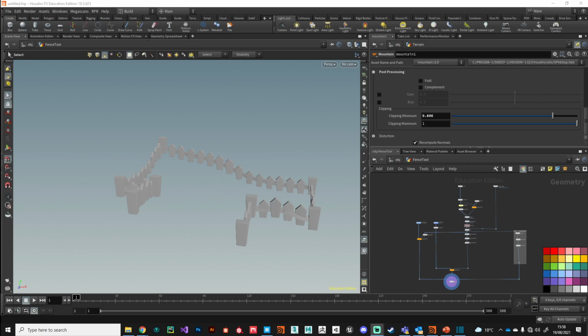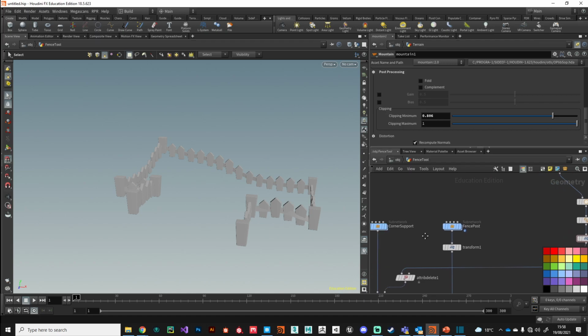Alright guys, welcome back. In this video we're going to take another look at attributes, geometry attributes, and we're going to take a look at how we can add UV coordinates to our geometry. Okay, so let's jump straight in, and the first thing we're going to do, we're going to focus on this